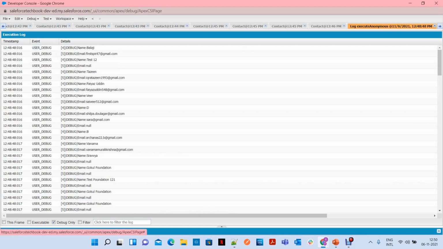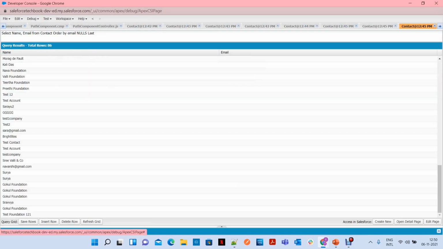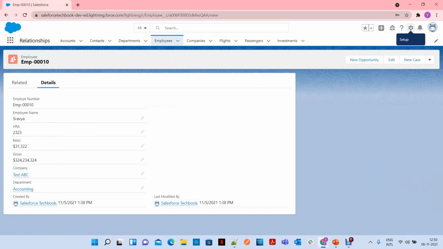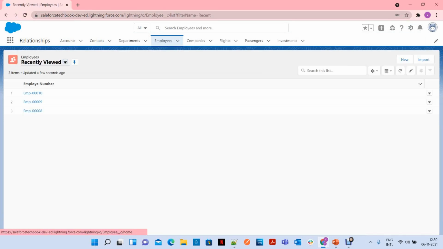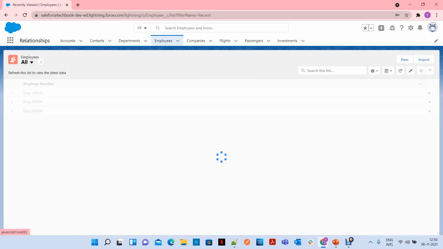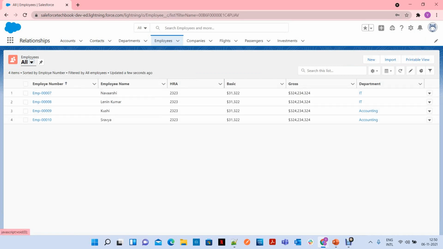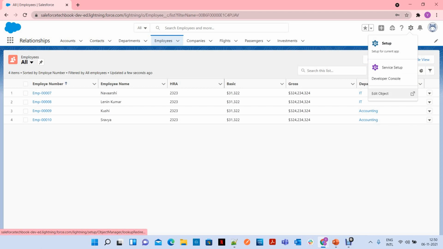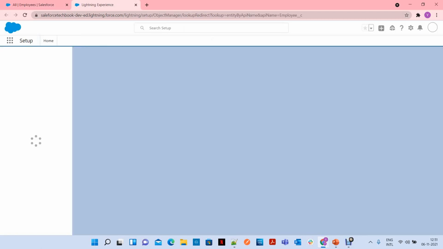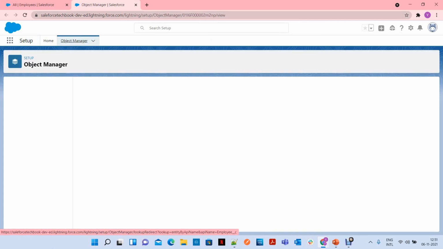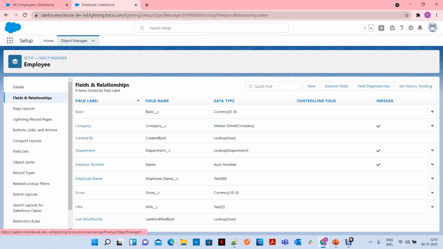Now we saw everything on a standard object. Let's see custom objects. Now I have the Employees object, with employee name, HRA, basic, gross, like this. Let's open this object using edit object or Object Manager. Open Fields and Relationships.